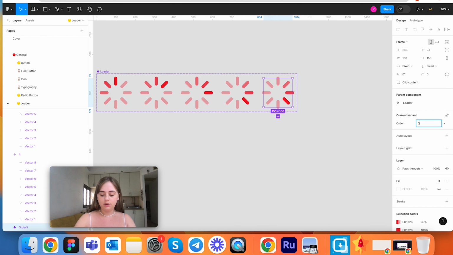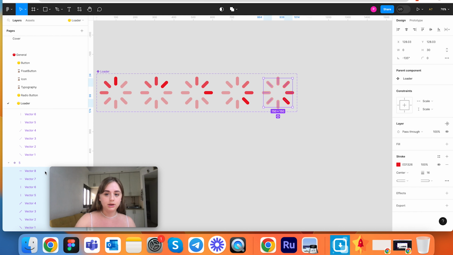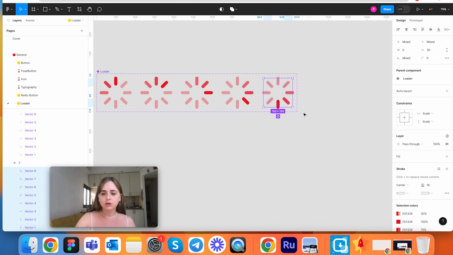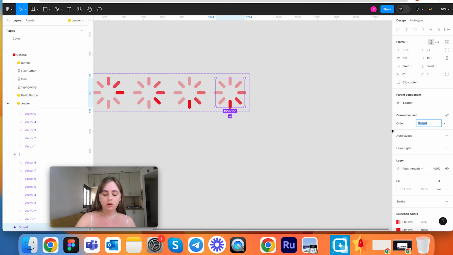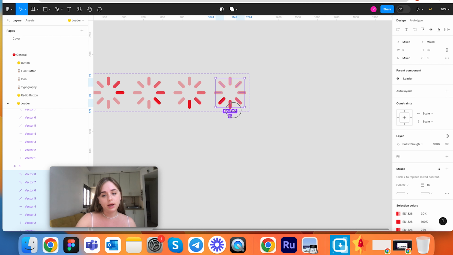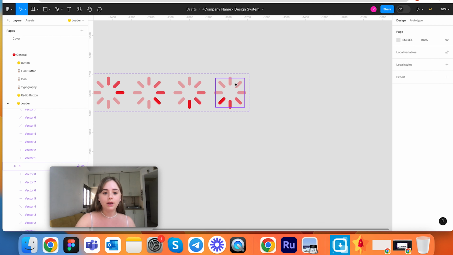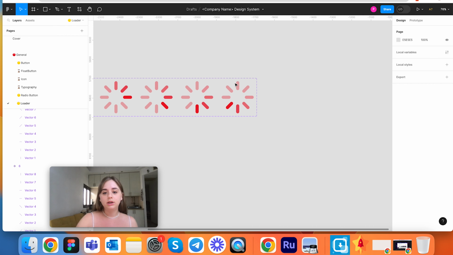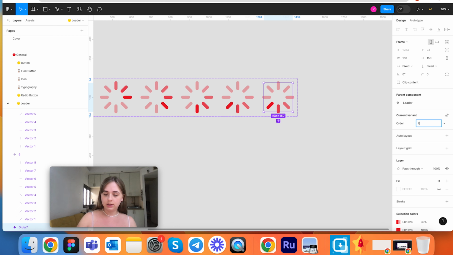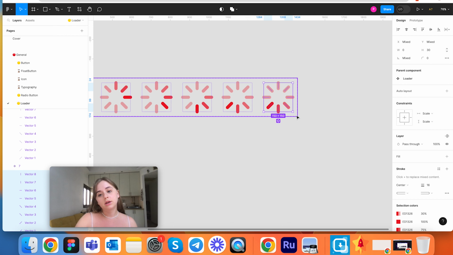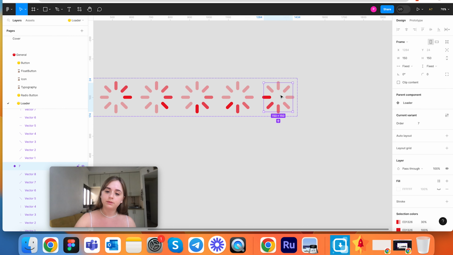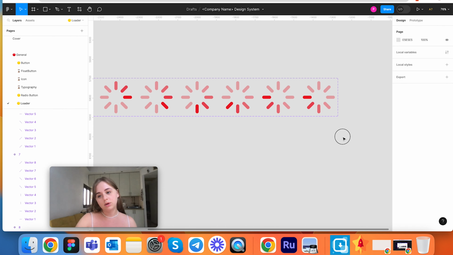Then again, order 5, select all of them inside. There's a lot of different ways to select components inside. It should be 6. And we need 8 of them. Why do we need 8 of them? Because we have 8 lines. So it means that we need to create 8 states in order to have this loop for the loader in the prototype. So it was 6, then 7. Again, select all of them, rotate it. And the last one is this one. Select all of them,